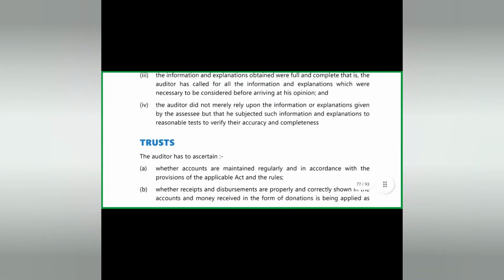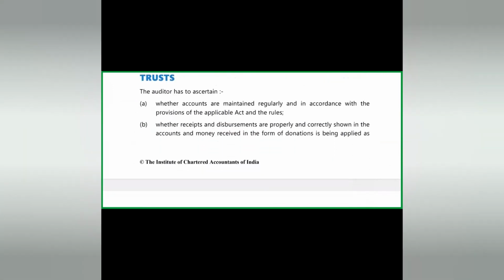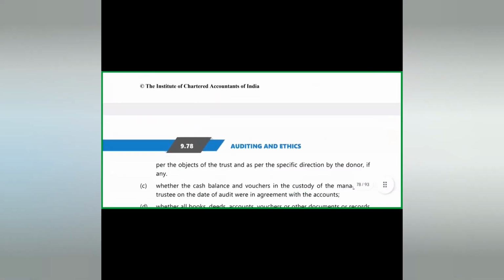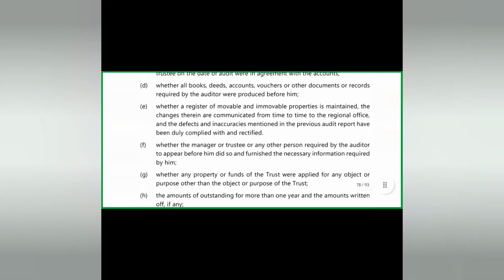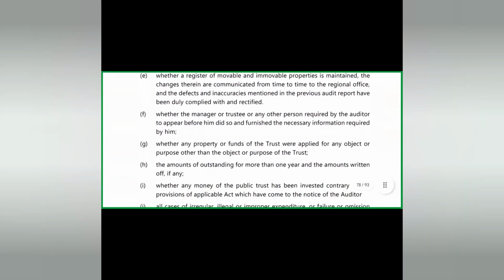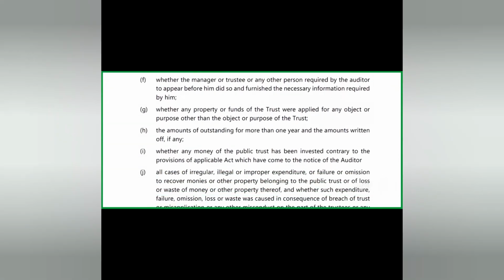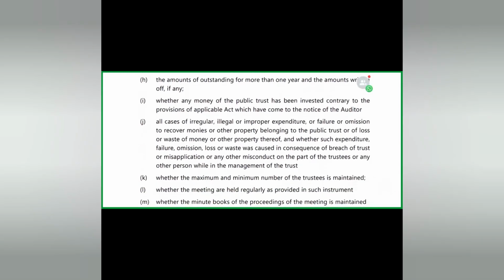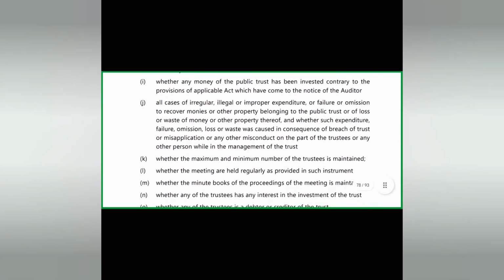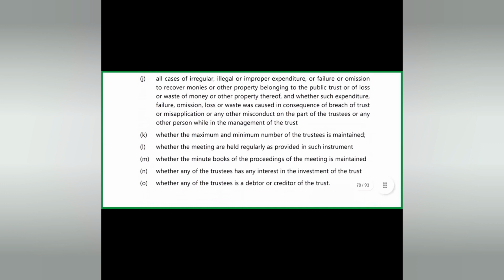In the case of a trust, the auditor has to ascertain whether the accounts are maintained regularly, whether receipts and disbursements are properly and correctly shown, whether the cash balance and vouchers are in the custody of the manager, whether all books, deeds, accounts, vouchers, or other documents or records required by the auditor were produced before him, whether a register of movable or immovable properties is maintained, whether the manager or trustee or any other person required appeared and furnished the necessary information, whether any property or funds of the trust were applied, whether there are any amounts outstanding for more than 1 year and the amounts were written off, whether any money of the public trust has been invested contrary to the provisions of the applicable act,